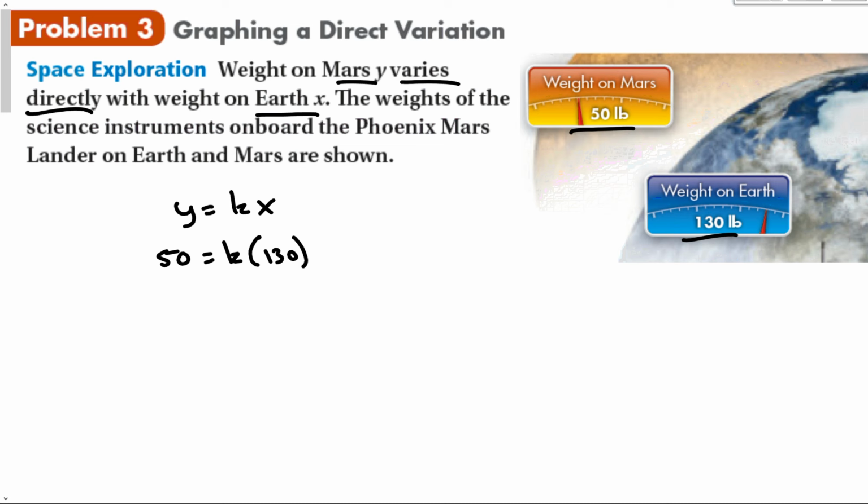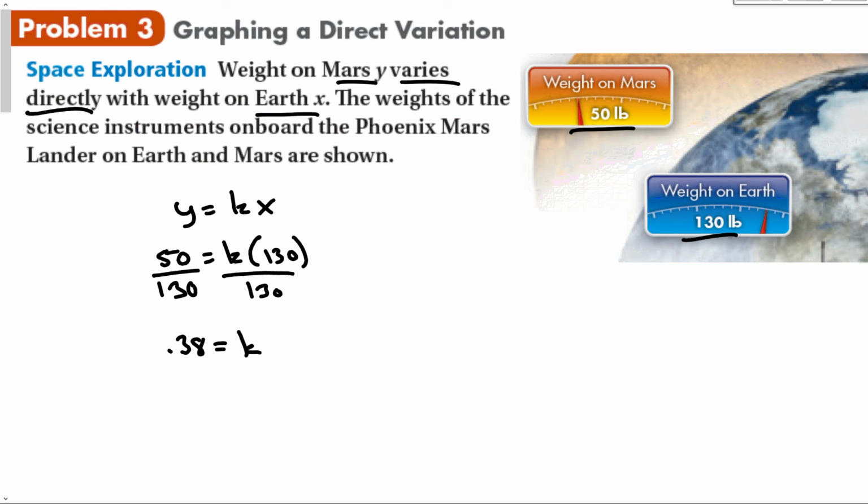Now, this constant is going to be a fraction or a decimal, however we want. Let's use a decimal. So we take 50 divided by 130. So we divide both sides by 130, and we get a decimal of about 0.38. Okay, so there's my constant,